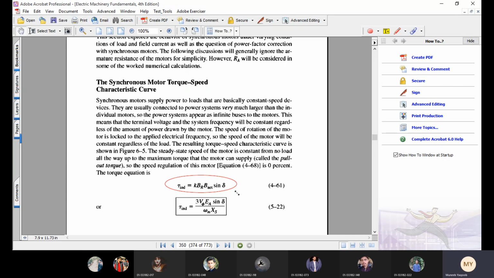अब देखें होगा क्या, आपने लोड बढ़ाया, स्पीड कम हो गई। जब स्पीड कम हो गई तो उसकी वजह से रोटर स्लो हो जाएगा। अब मैंने आपको बताया था कि ये जो टॉर्क बनता है ये रोटर की मैग्नेटिक फील्ड और स्टेटर की मैग्नेटिक फील्ड के दरमियान होता है। तो आप सोचें, मैंने लोड बढ़ाया, रोटर स्लो हो गया। जब रोटर स्लो हो गया तो स्टेटर की मैग्नेटिक फील्ड तो घूम रही थी, वो आगे चली गई और रोटर पीछे रह गया।